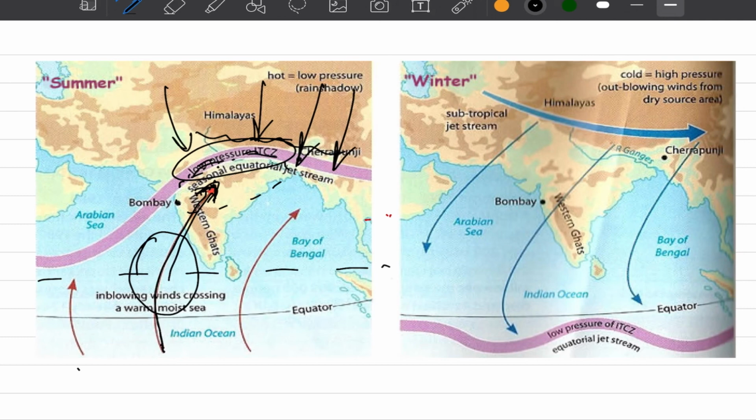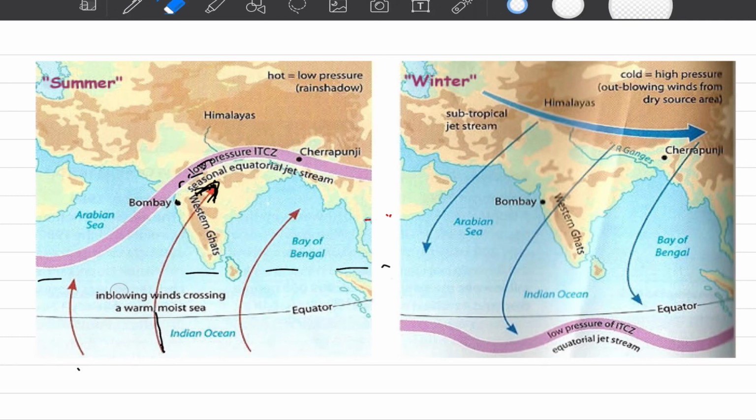And sometimes when the strength of this low pressure ITCZ is stronger in comparison to the temperature of oceans, resulting in much stronger currents here, that would result in a much stronger monsoon. Sometimes this low pressure may not be strong enough to attract the winds as strongly as it would if this were a real low pressure area. That would mean we are going to have a weaker monsoon. Again, this is a general explanation of what shapes our phenomena, and much more complexity is involved. But primarily it's the formation of ITCZ that guides the strength of monsoons and how monsoons will form.